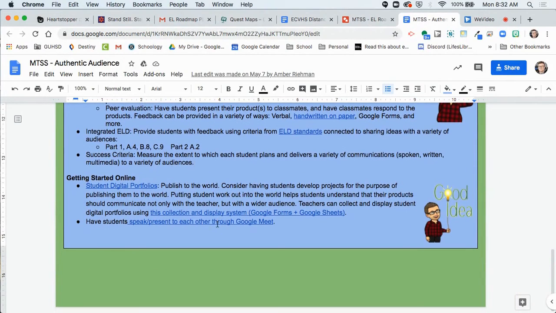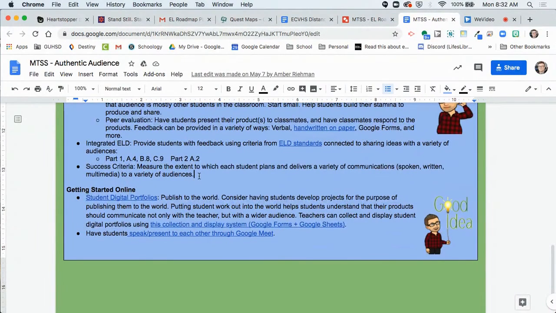And since we're in this phase of distance learning, a lot of us, one way to get started online is one of my personal favorites, having students create student digital portfolios, create and curate those digital portfolios as a way to showcase their learning, as a way to demonstrate their learning, as a way to keep track of their learning. This way, it's not just about completing an assignment that's good enough for the teacher to view, but creating a demonstration of learning that anybody looking at would be able to tell what a student has come to understand, has come to learn.